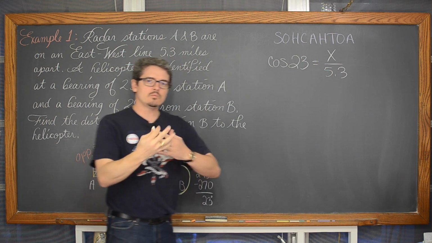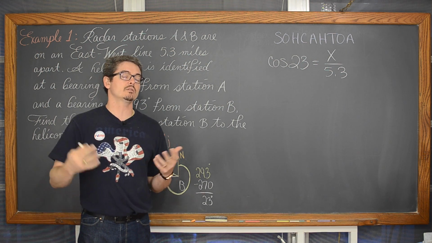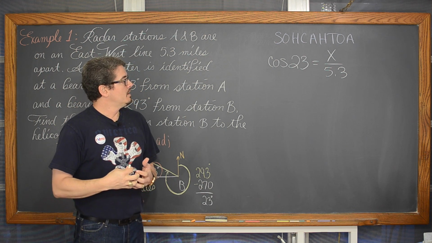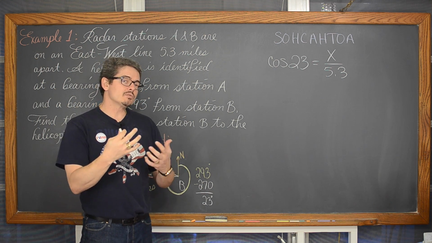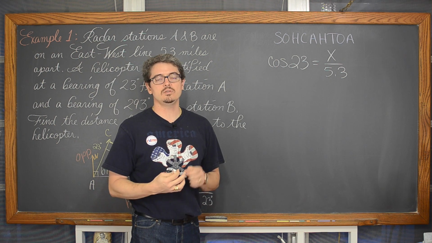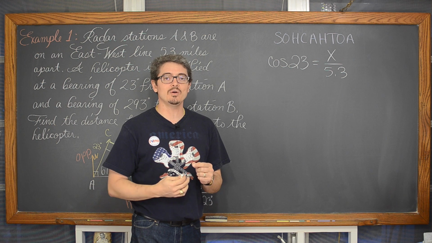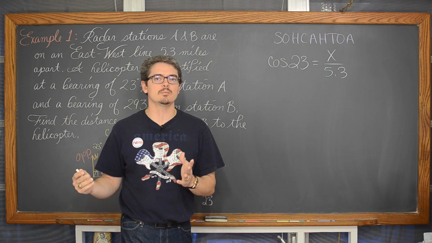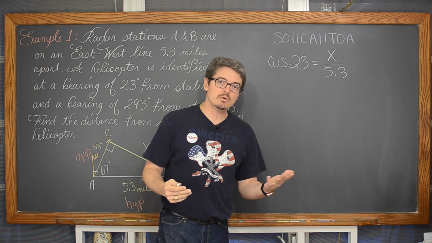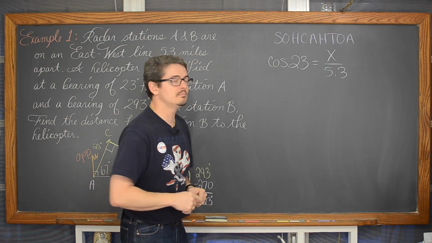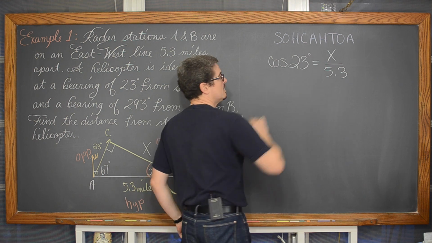Once you start dealing with sine, cosine, or tangent, or secant, cosecant, and cotangent for what that's worth, most calculators only have a sine, cosine, tangent button. If you're touching one of those buttons, you need to make sure your calculator's in the right mode. Sometimes we want radians, actually very often in trig, and pretty much all the time in calculus. But there are times when we're working with degrees. So if you touch sine, cosine, or tangent, make sure you check the mode of your calculator. We need to be in degree mode.